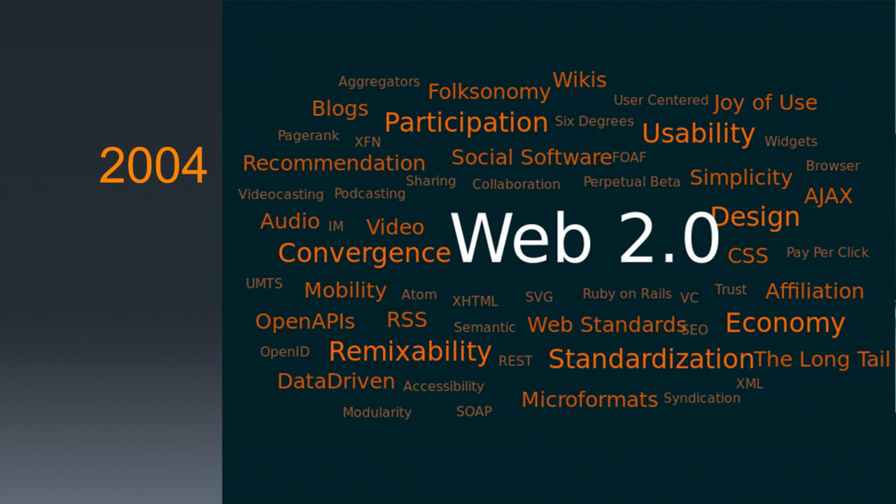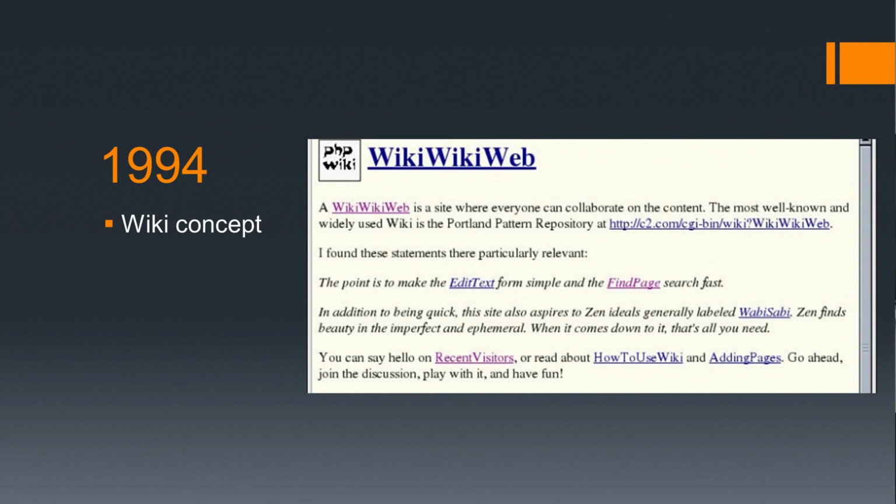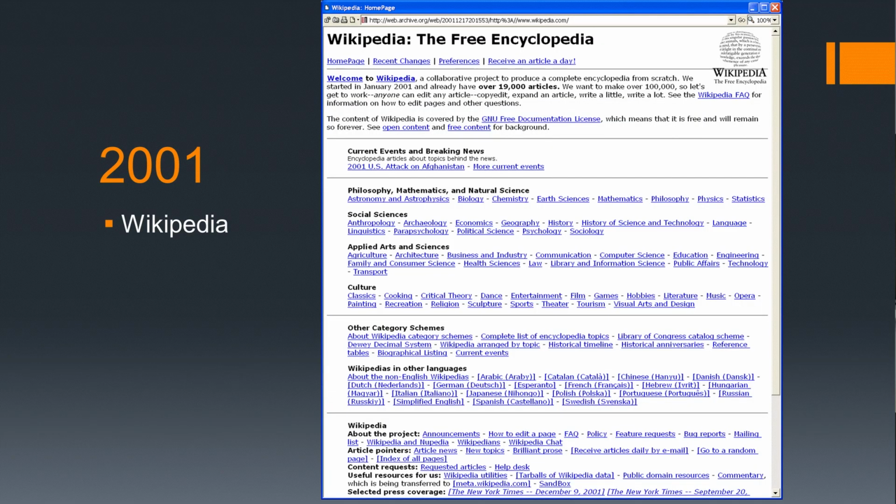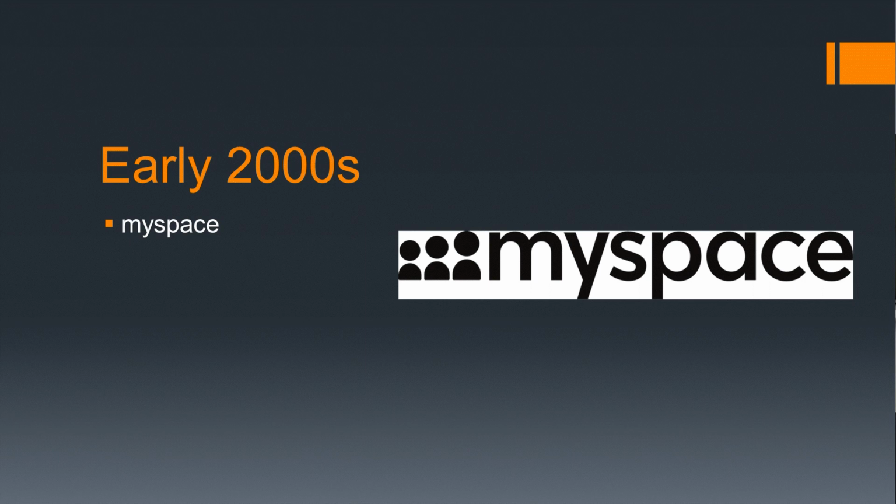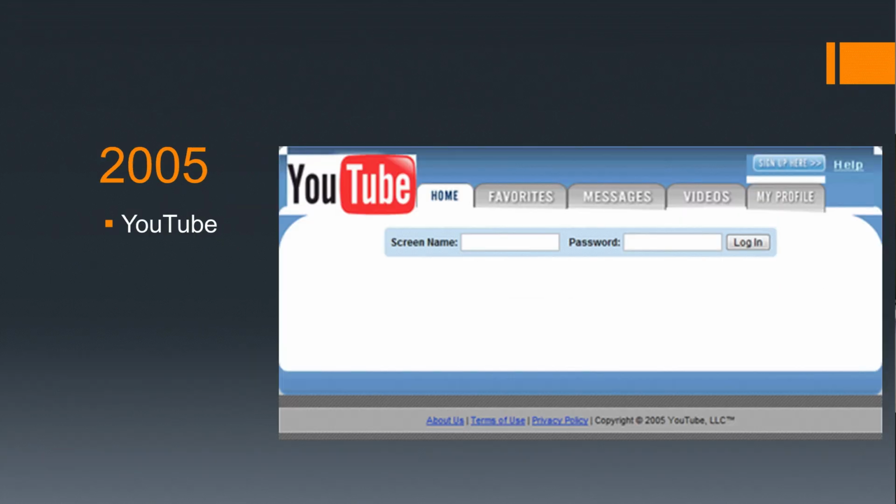This was first coined Web 2.0, whereas 1990s websites would deliver content to surfers, Web 2.0 gave users a voice. Examples included the Wiki, which comes from the Hawaiian word for quick. This was designed as a concept in 1994, and Wikipedia, the world's most popular wiki, is an encyclopedia and was opened in 2001. Social media like MySpace and LinkedIn gained prominence in the early 2000s. Photobucket and Flickr facilitated online photo sharing, and YouTube was opened in 2005, dominating video sharing.